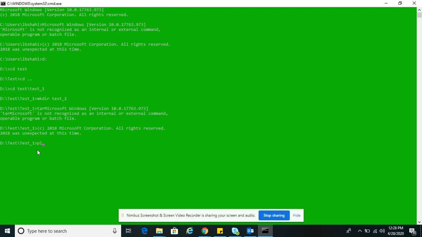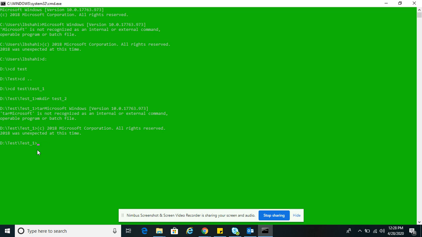Next is the ping command. You can simply ping from one system to another system, one node to another node, one PC to another PC, one server to another server. This is very easy, everybody knows about it. Then top will show you the real-time information of the Linux system. If we do tail, it will show you the last 10 lines of that Linux file.